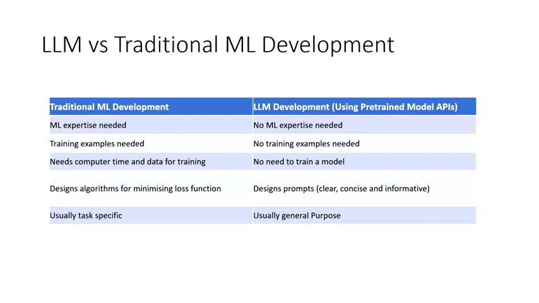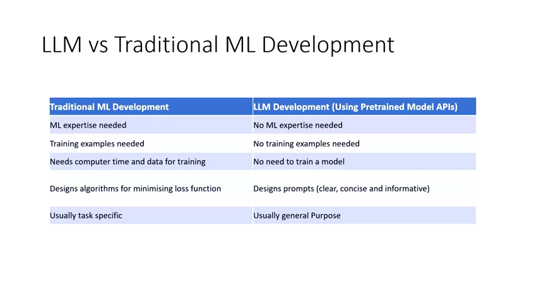And in the traditional approach, we concentrate on how to optimize the model by using the loss function, right? So you design a loss function, and then you develop some algorithms that can optimize the model for that loss function. On the other hand, if you are using a large language model, you don't need to concern yourself about those things. You simply need to know how to instruct the model, and we call it prompt designing. So your prompt, that means your instruction, should be clear, concise, and informative, so that the model can easily understand and follow the instruction or give you some response.